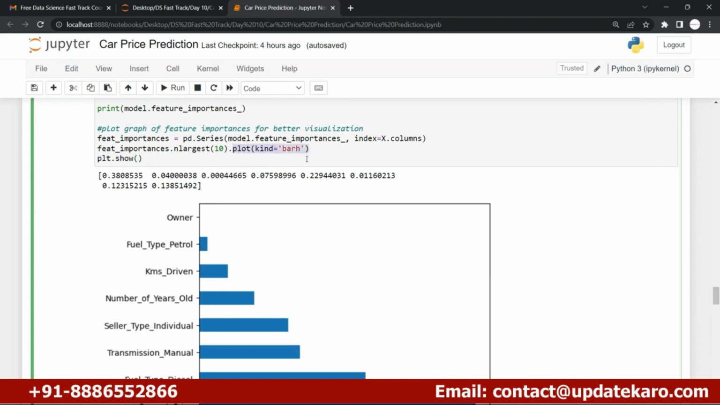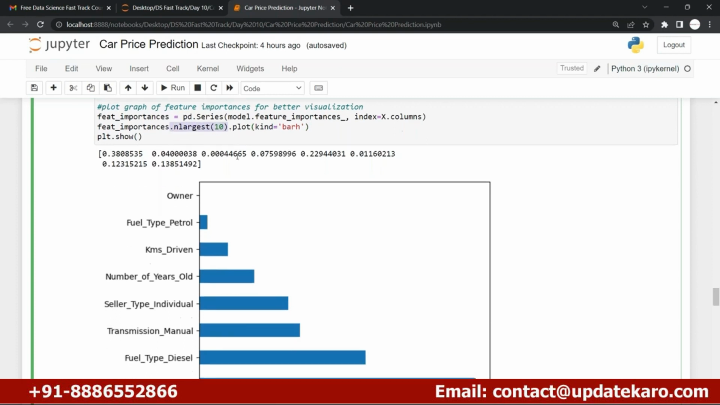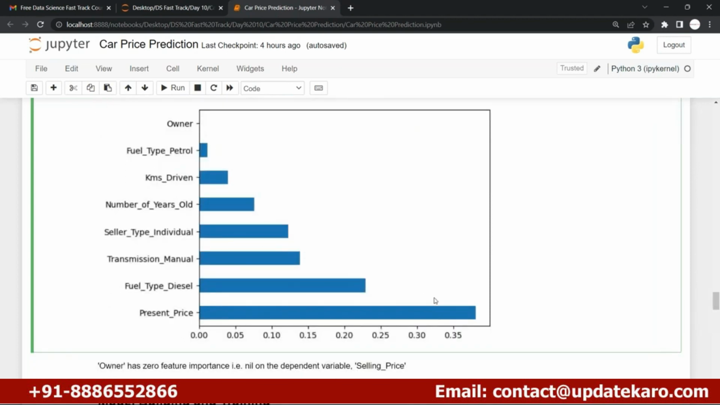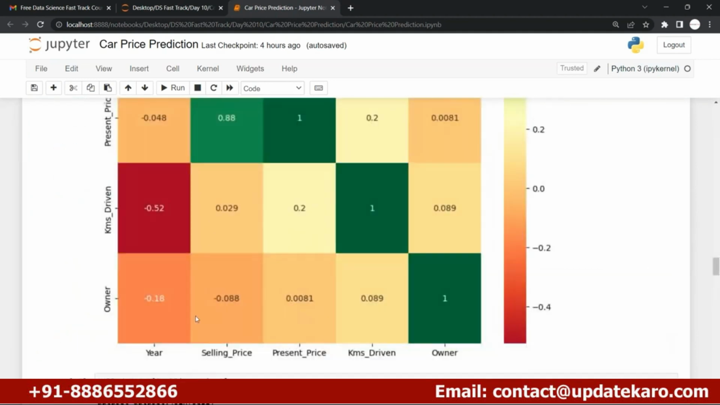We are creating the bar plot, barh, which means a bar plot is there, right? And here you can see that we have sorted it from the largest, which means in ascending order. So you can see the ascending order like this. The first one, the owner, has the least importance. The highest importance is related to the present price, which you can see over here